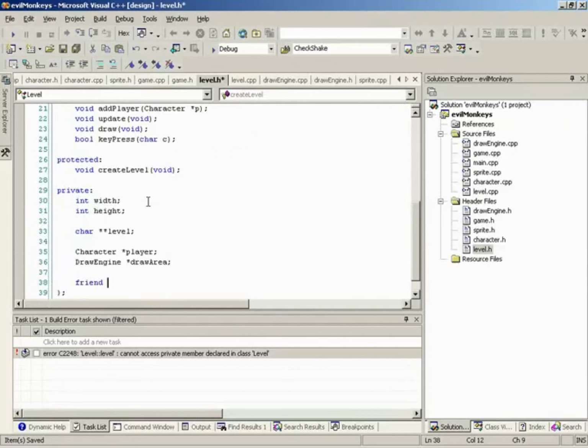Let's see, friend. Trying to remember. We want it to be level. We want it to be sprite because we're in level. Friend sprite. Just one second here. So, at this point, what we need to do is make sure that our sprite is